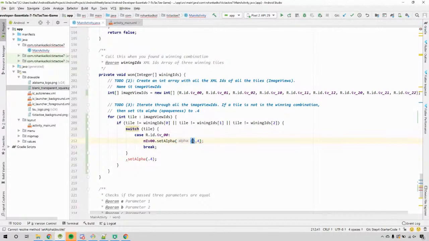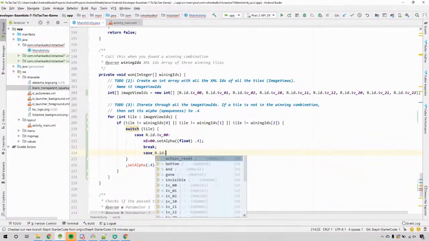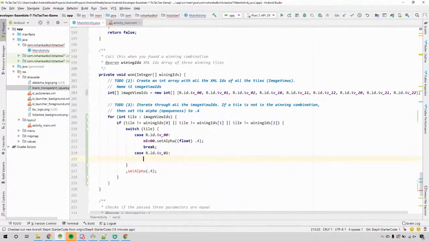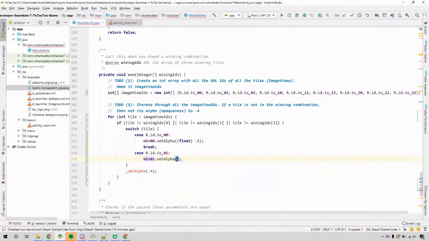Float. Just typecast it to float, because by default decimals are doubles. So just typecast it to float, and then there'll be case R.id.miv01, miv01.setAlpha((float) 0.4. Now, something to note here, if you have found some pattern, basically this whole part is the